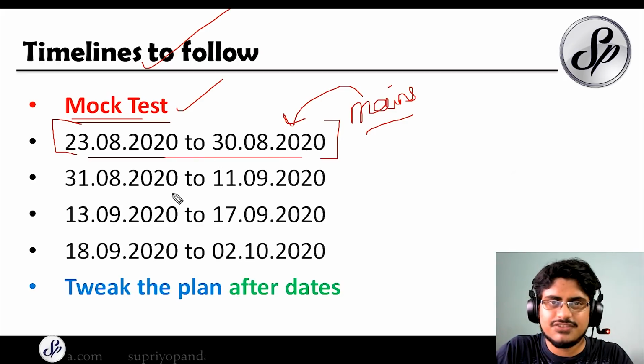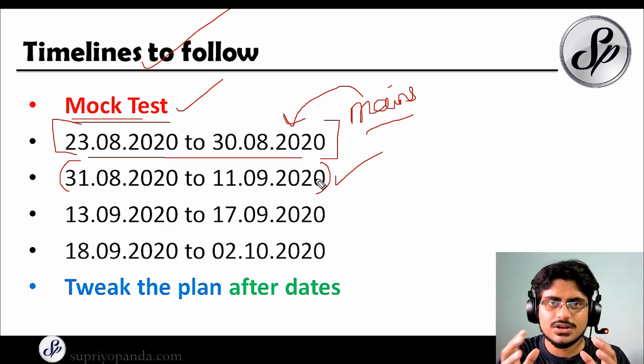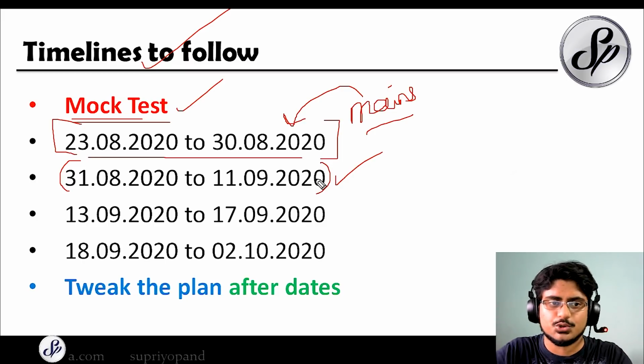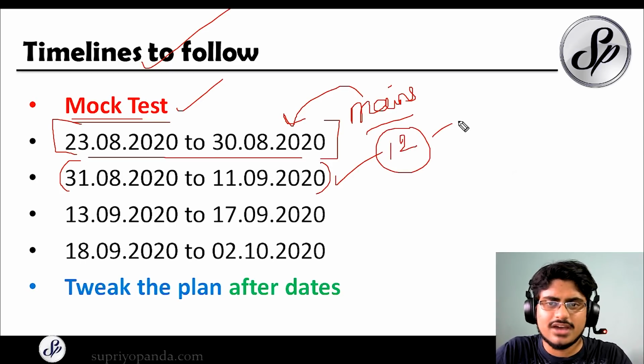And from 31st August to 11th September you are going to do only prelims. So totally your focus is going to be on your prelims examination. Just focus as much as possible, because this is going to be a vital 2 weeks for you. And after that, on 12th September,